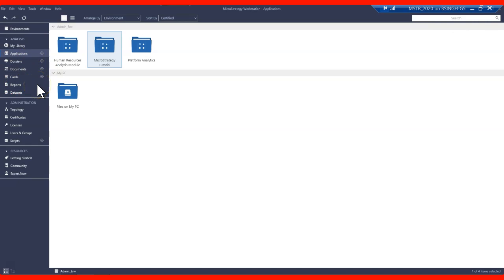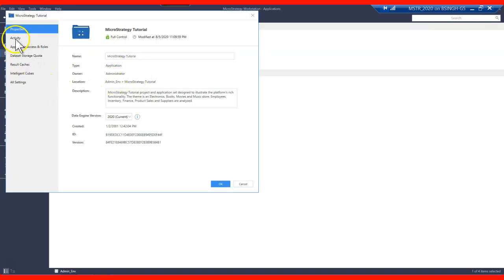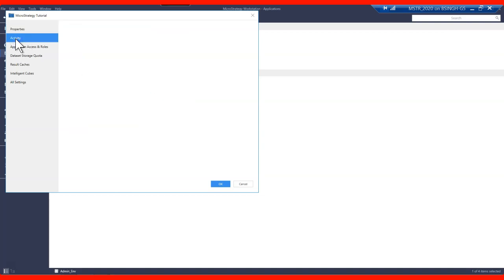So let me see the data for this application, MSTR tutorial only. Right click, go to properties and click on activity, and it's fetching the details for me. And guys, how is it getting this information?